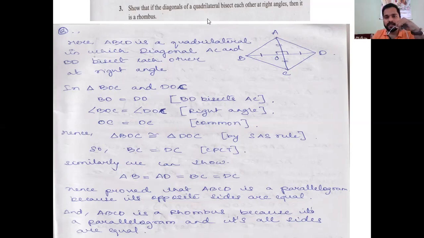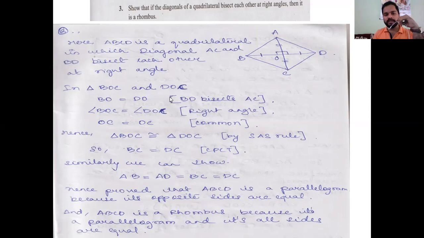You see, this one property is already given. So the other property left to show that it is a rhombus is that all the sides are equal to one another. So we have to show that. And the same, you can see there are 4 triangles. To show that, we have to use the congruency property.